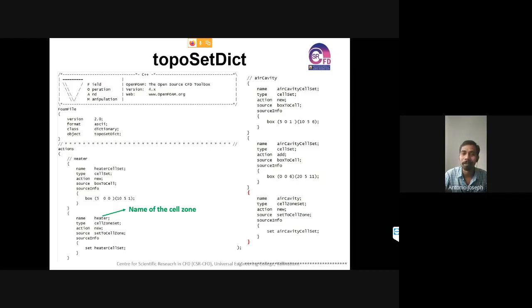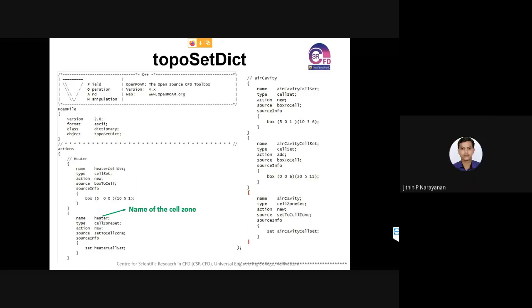So while creating the block mesh, we should be aware of these things, we should be aware of these things while creating the block mesh itself. If a cell is sharing both the region outside and inside, what will be the boundary condition in that case? Yes, that's what I am telling. In that particular case, we won't be able to group that into a heater, so that will show an error.